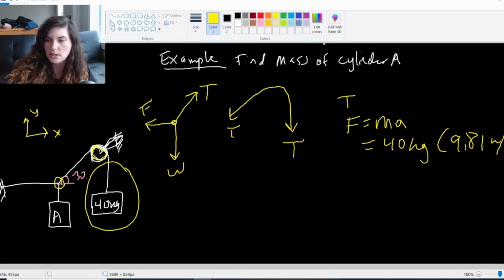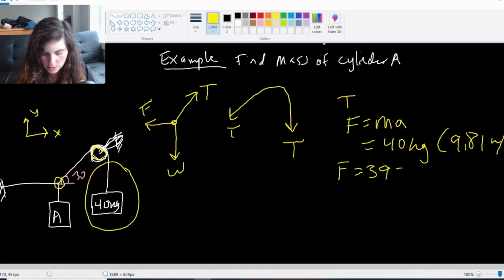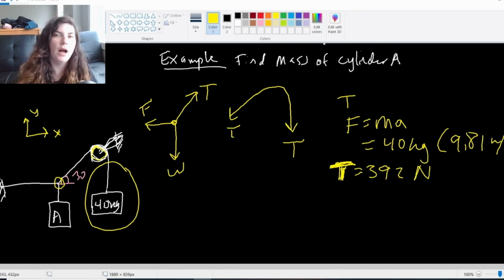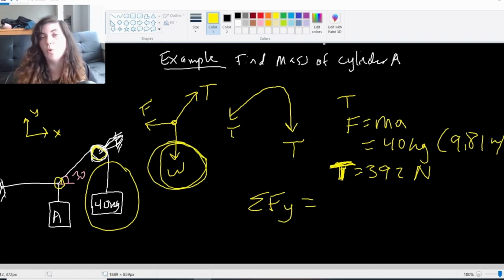9.81 times, punching this in my calculator, 40 is 392 newtons. So that is my T. Now I know T, and I don't need to care about my X component forces. I only need to do an equilibrium here in the Y direction, because what I'm looking for is this W, and it's only in the Y direction. So since I know my T,